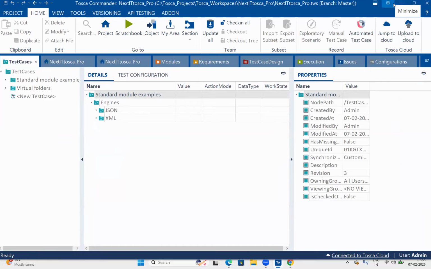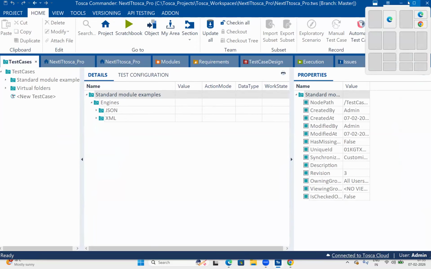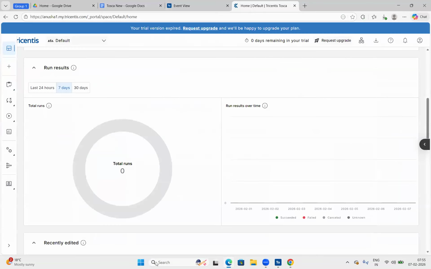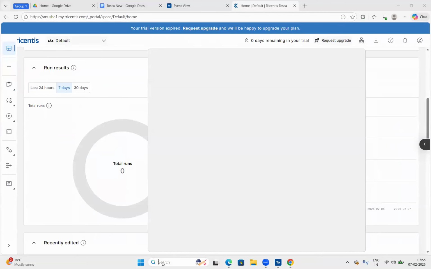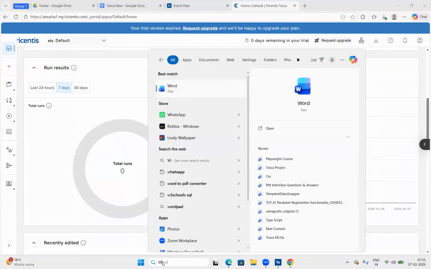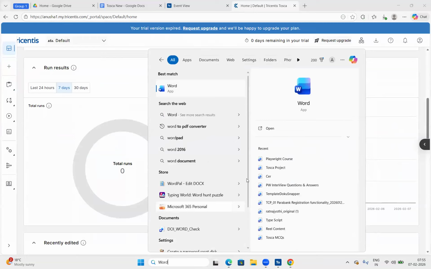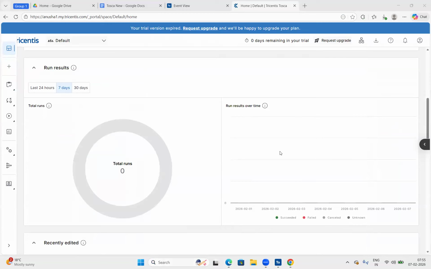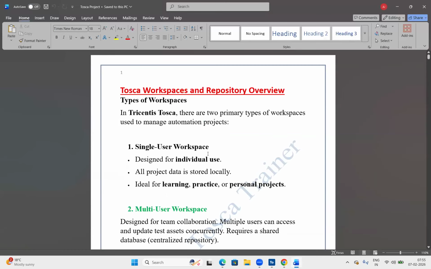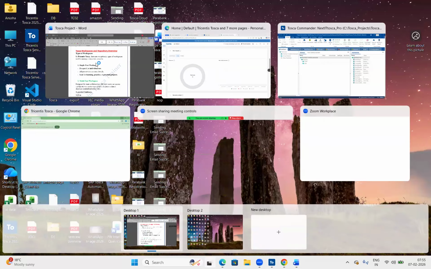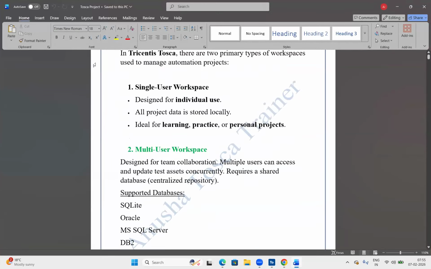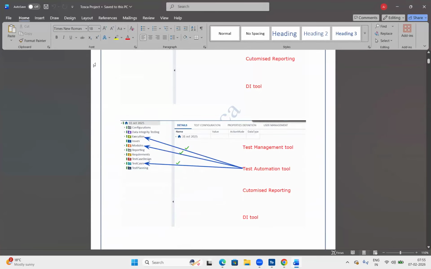Anusha, can we get any documentation to learn Tosca steps and all? I just prepared one documentation for that. You'll get that, the concept-wise documentation. It's almost 200 plus pages. I prepared each and everything very clearly here.